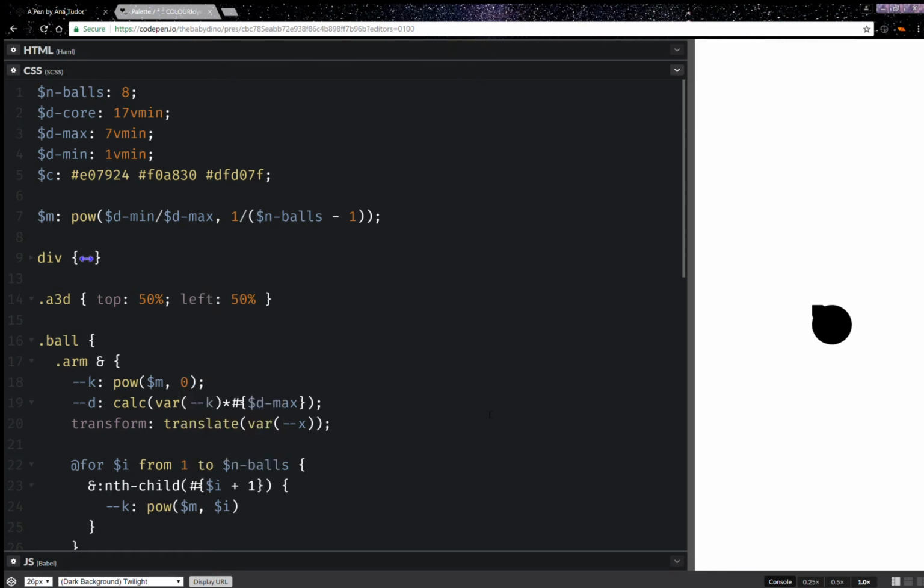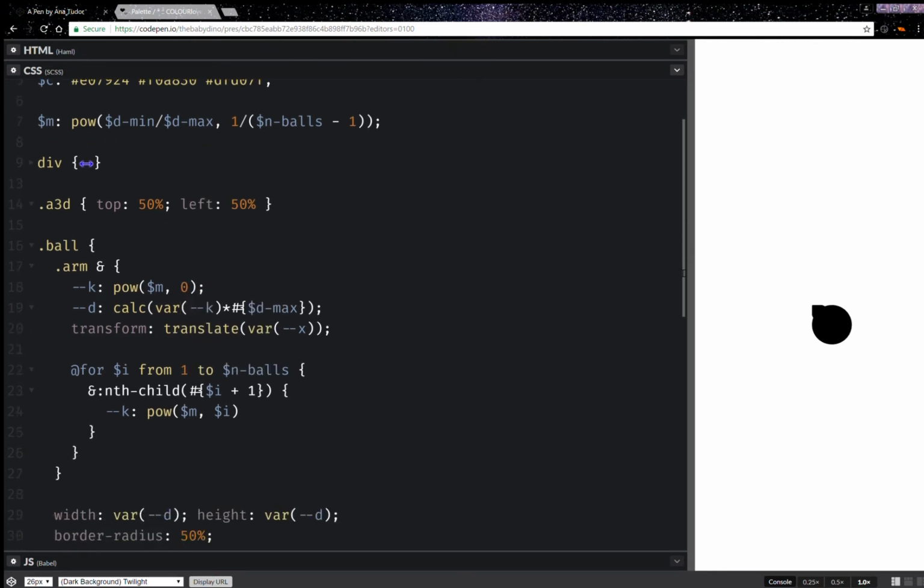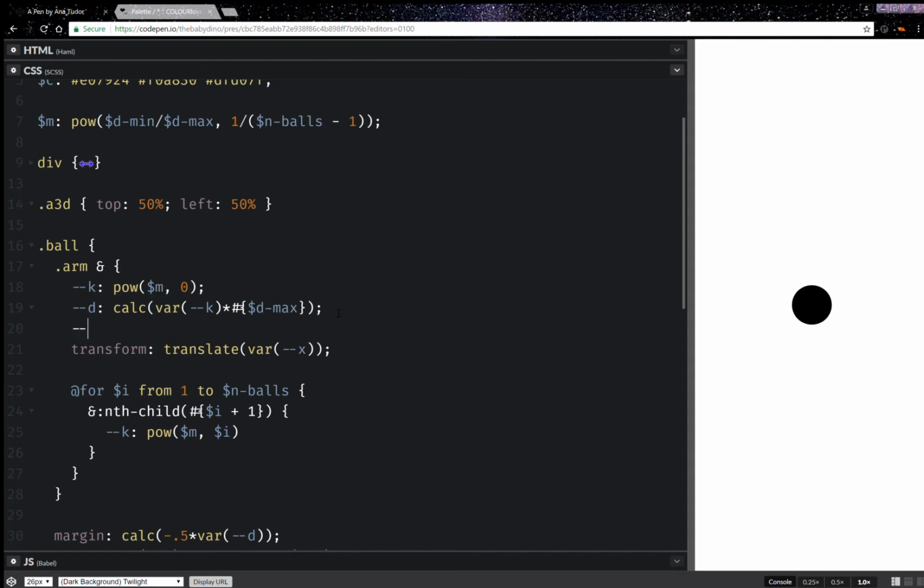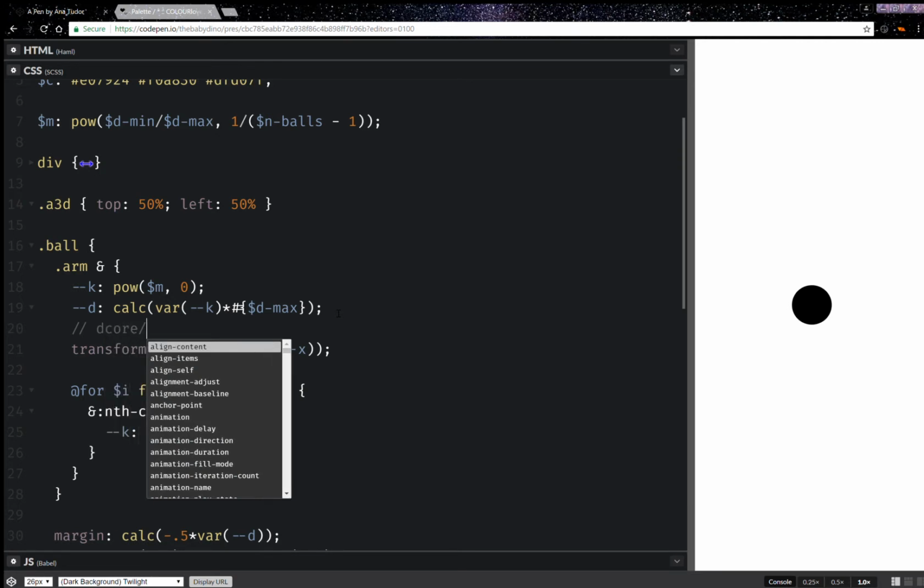Okay, and one more thing I'm going to set right here is going to be a margin. So this margin is going to be a calc value, and this is going to be minus half the diameter. So minus half the current diameter puts everything one on top of the other. So this x value, let's see what we want it to be. So it's going to be the core diameter, half of the core diameter, because I want them to touch each other,